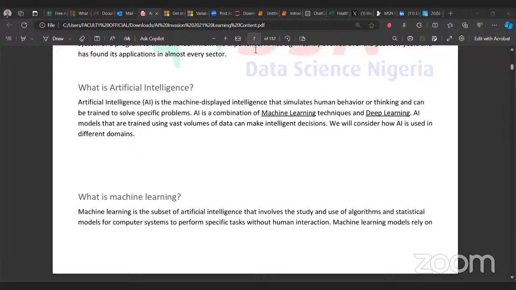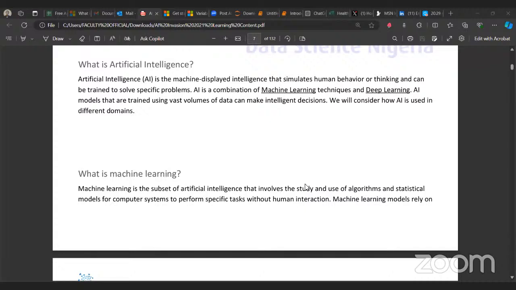Yeah, so does anyone have an idea of what a neural network is? Anyone like to share? Oh yes, Olaniyan says like a brain network. That's good. Someone says the link between human and machine to communicate. Not quite, not really, but good attempt. So a neural network essentially is an imitation of the brain. It's a computer architecture that imitates the structure of our brain. That's what a neural network is.